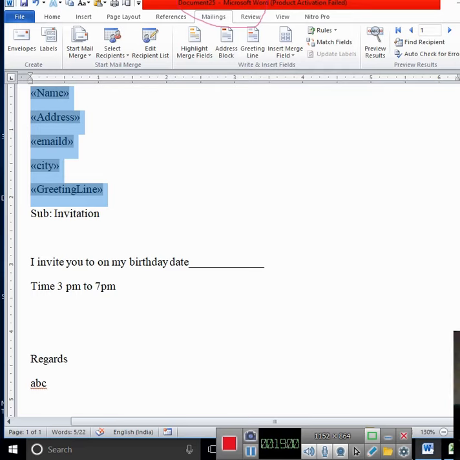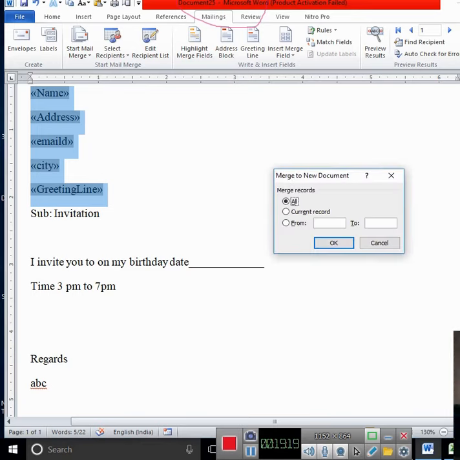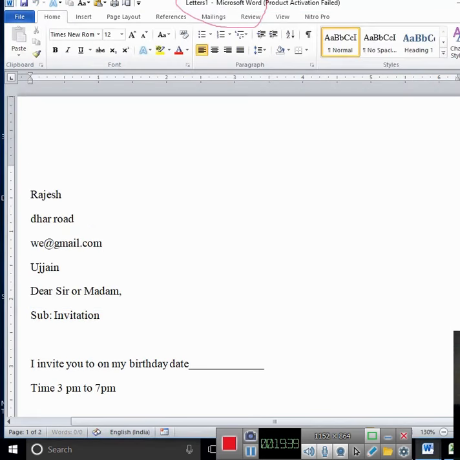If you are maintaining in soft copy, go to edit individual document, or print. If you want to print it, you can take it directly print. So I am using it edit individual document. How many records are there? Merge to new document. That means which thing is merged? Document file, this one, and address file, this 2 file will merge it. How many records you want to merge it? All means how many records are there? 4. I'll click OK. Just see it at the top of the thing. This file and address list will merge it.